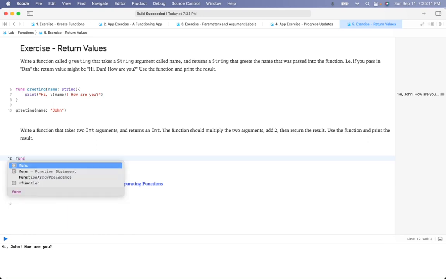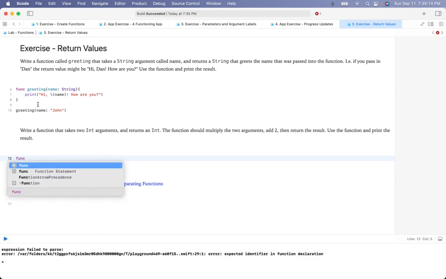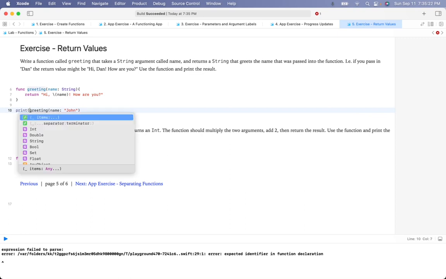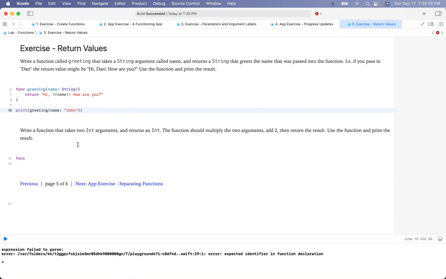So we could do function. Essentially, it should return the result, so we should have this as a return, and then we would need to print what we would get. Unexpected non-void return value in void function. Okay, so I guess it could be based off that. Oh, since we have it as a void function, it shouldn't have a return. Okay, so function, and now we're going to call it, I guess,